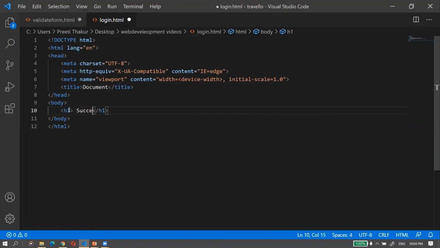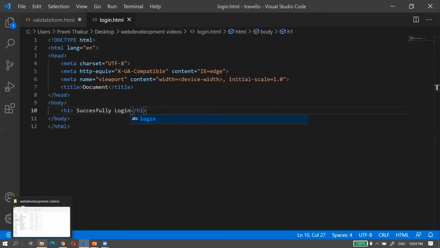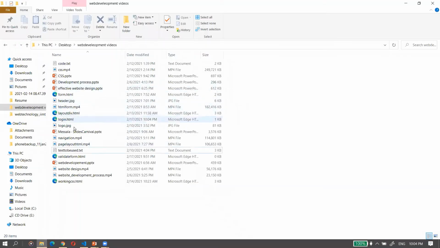That's it. Save it. Right, now come to this validate form.html. Let's see whether it is working or not.